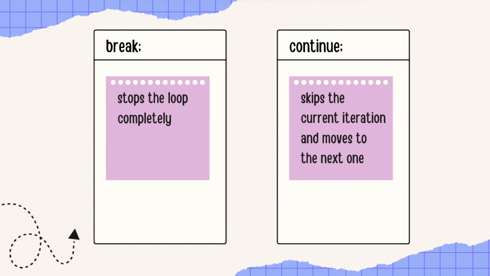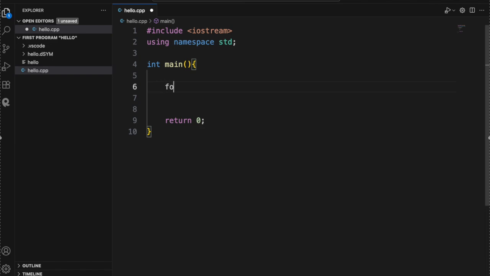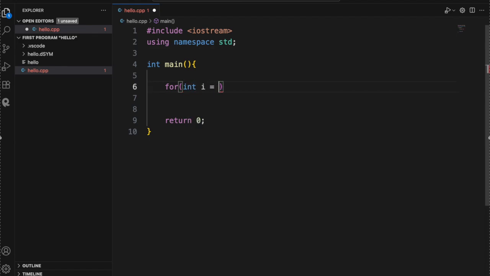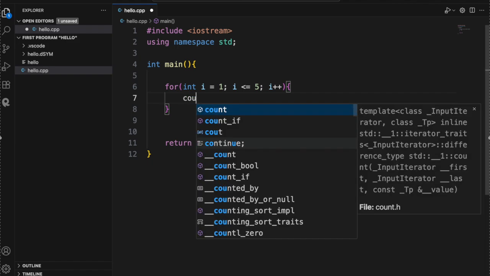Let's write some code. Let's create a for loop. For we have to initialize, that is int i equal to 1, then semicolon. Here we have to write our condition, i less than or equal to 5, let's say, semicolon, and then we have to update our value, that is i++. Inside the curly braces we are writing cout